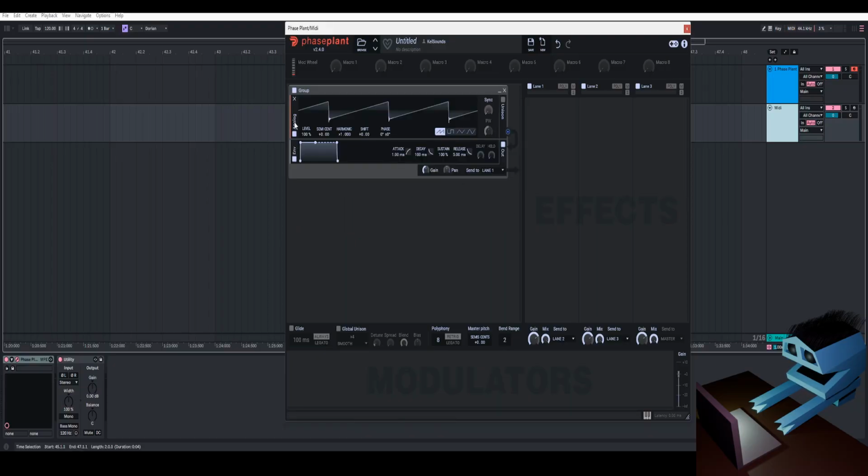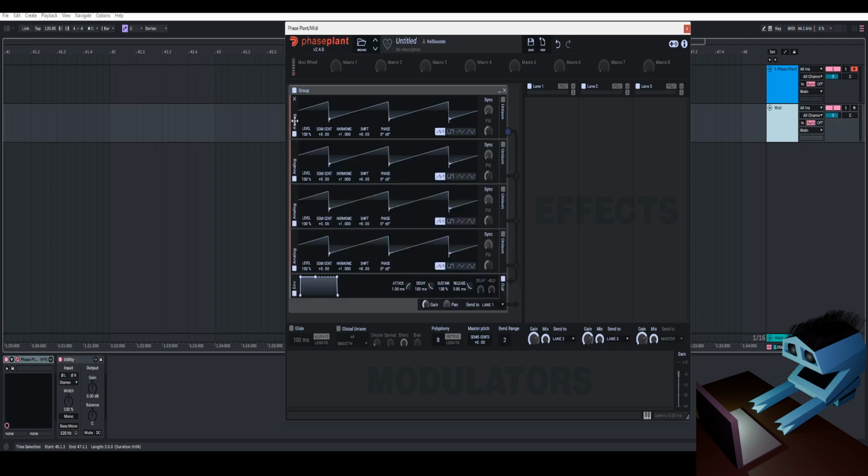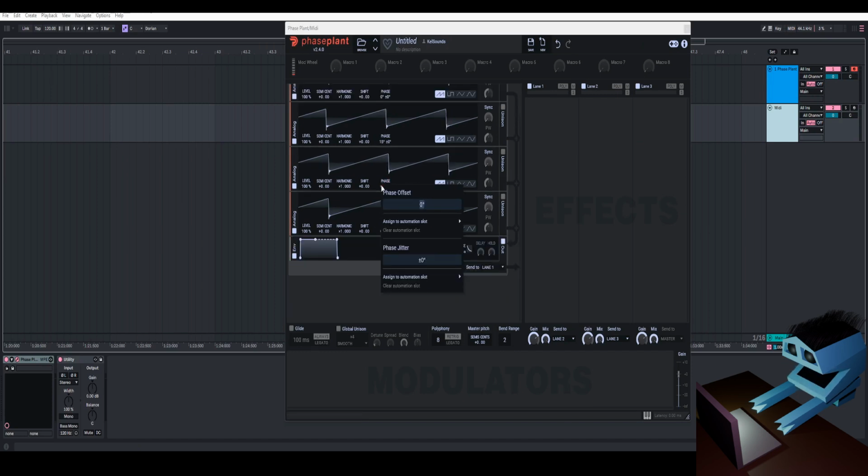the analog generator 3 more times. 1, 2, and 3. Then for the first analog generator, we're going to leave the phase offset at 0. For the second one, I'm going to turn it to 15%, so I'm just going to right click and hit 15. The second one is going to be at 14 for the phase offset, and the third one is going